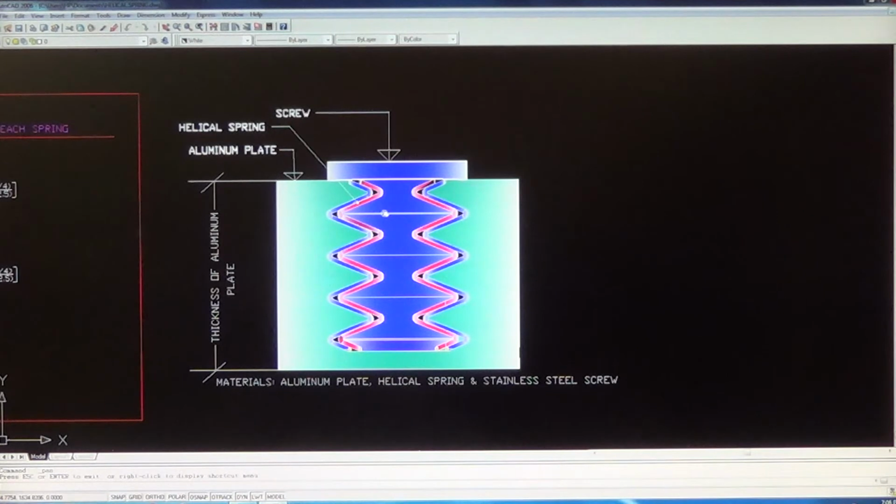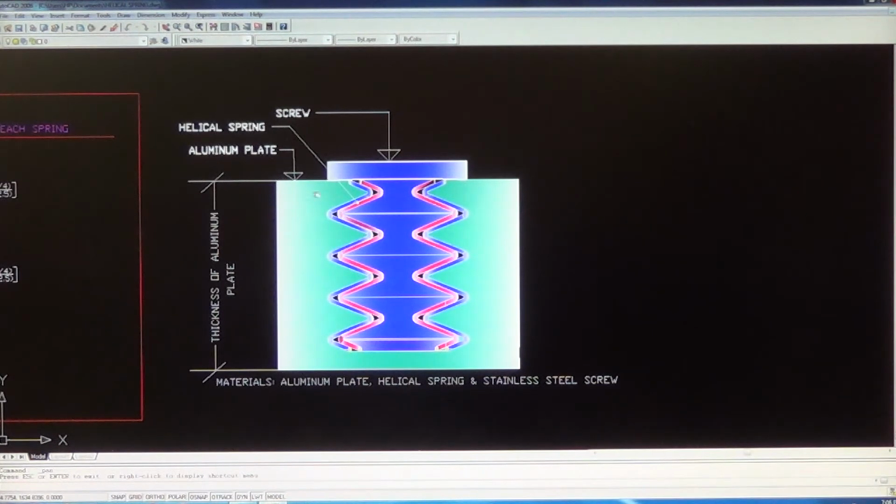To prevent that, it was invented for aerospace parts, especially with a screw, that they insert a helical spring designed like a screw into the screw hole so that the helical spring will protect